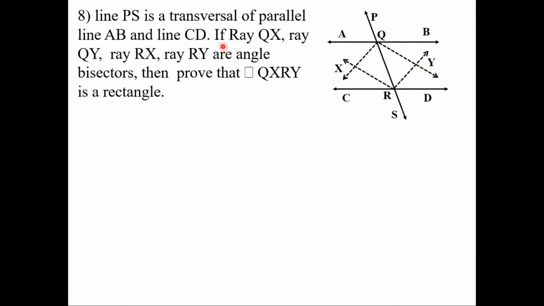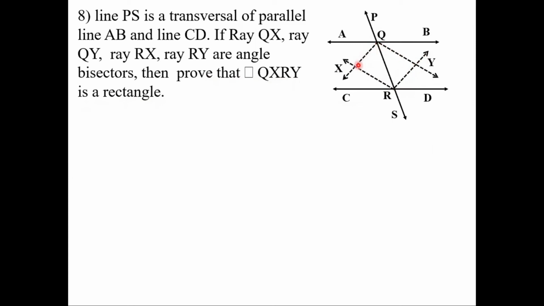Now observe this question once again. If ray QX, ray QY, ray RX and ray RY are angle bisectors. Means QX is an angle bisector, these two angles are equal. Ray QY is an angle bisector, means again these two angles are equal. Ray RX is an angle bisector, means again these two angles are equal. And ray RY is an angle bisector, means again these two angles are equal. Then prove that QXRY is a rectangle. We have to prove that